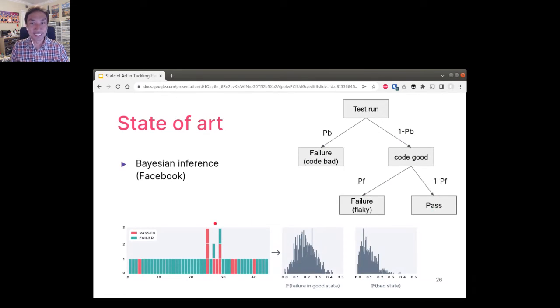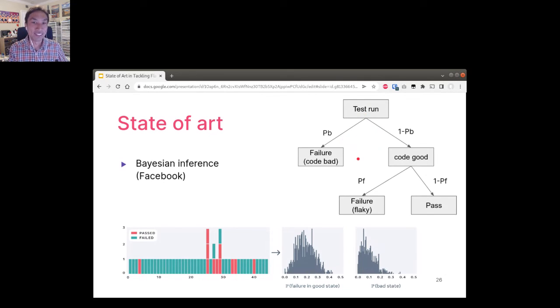And then there's another one from Facebook, and I can see they must have hired a PhD student, thrown this new guy at the problem, and came up with this oversized solution. They apply what's called Bayesian inference. It's a very clever statistical approach. The way they treat the world is: okay, if you do a test run, it's like throwing a dice, right? So there is a certain probability,